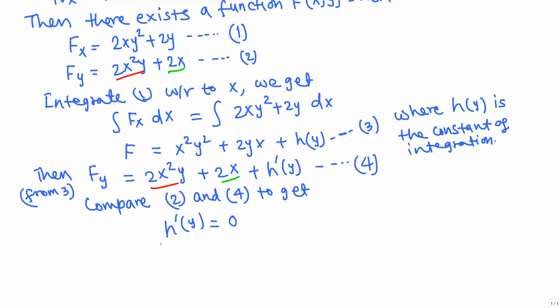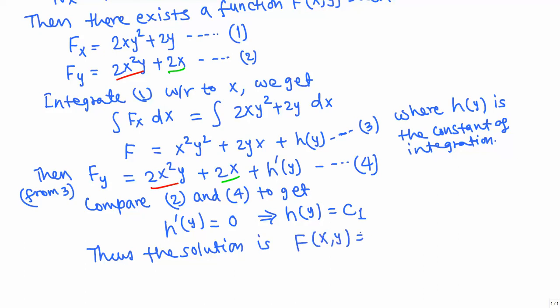Now we find the value of h. Integrate with respect to y, just the regular derivative. Then the h function should be, since the derivative of h is 0, just a constant, let's say c1, because the derivative of a constant is 0. In fact, this h we chose in equation 3 was a real number, just a constant. Thus the final answer, the solution is